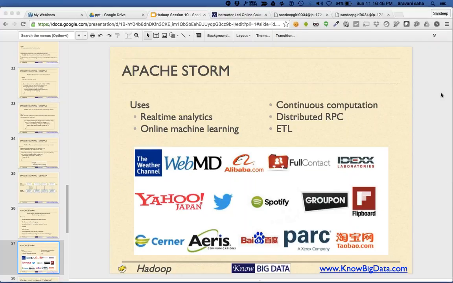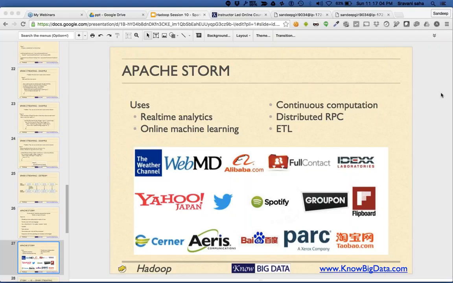There is another stream processing engine which is quite popular. It's called Apache Storm. It's for real-time analytics and online machine learning. The machine learning we talked about earlier works on relatively static data.